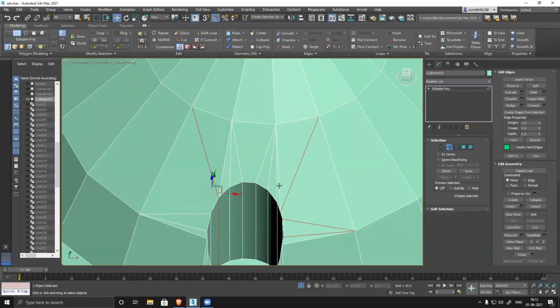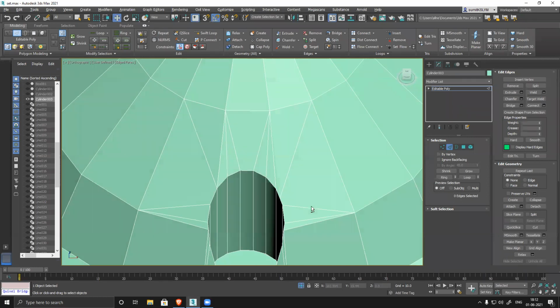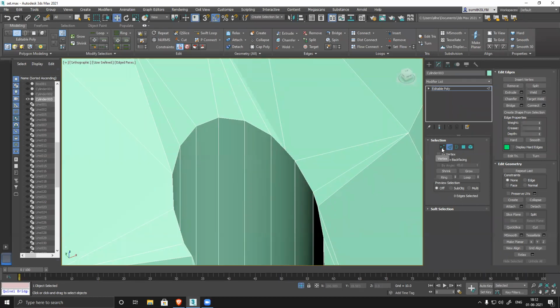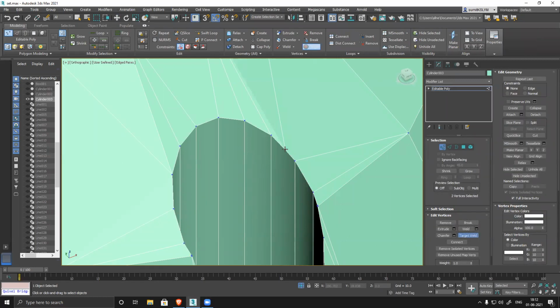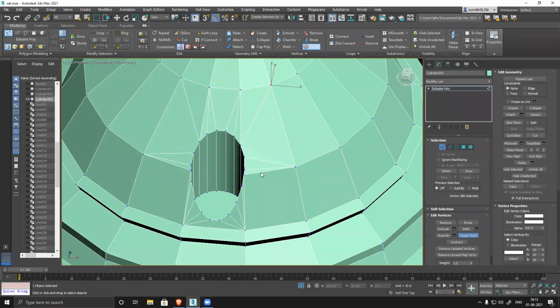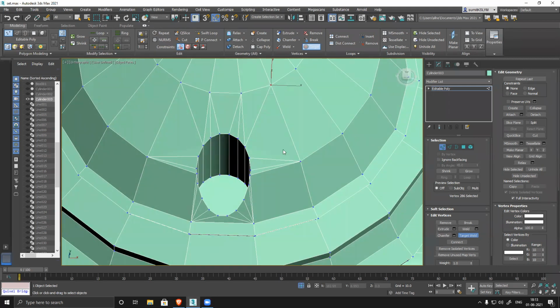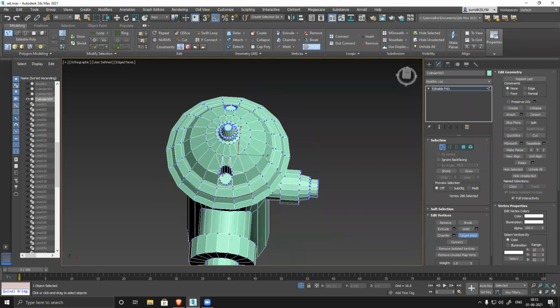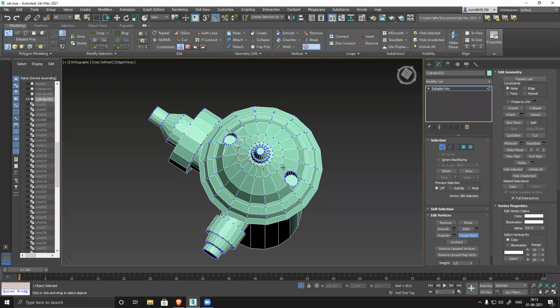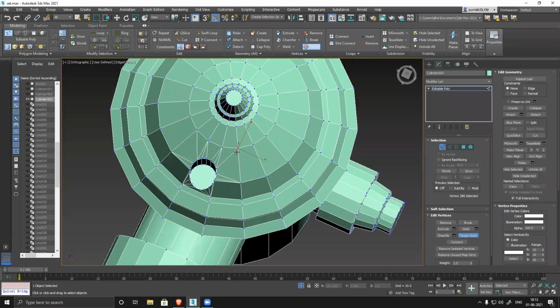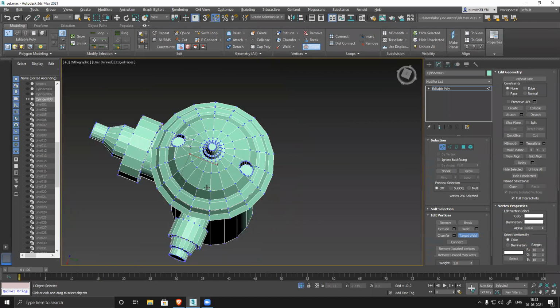Similarly, if I want, I can remove this edge. Was this point wrong? So see, both sides look exactly the same. That's how it's supposed to be. You need to make sure from both sides that it's symmetrical, topology wise. The geometry should look similar. This part and this part, topology wise, should look exactly similar. Whatever you have connected, exactly the same thing you have to connect on this side also.